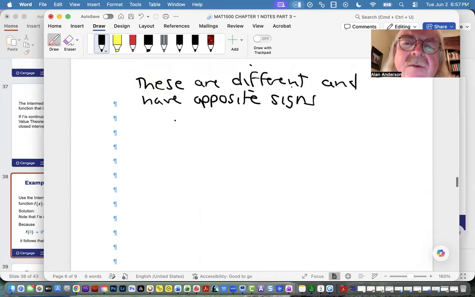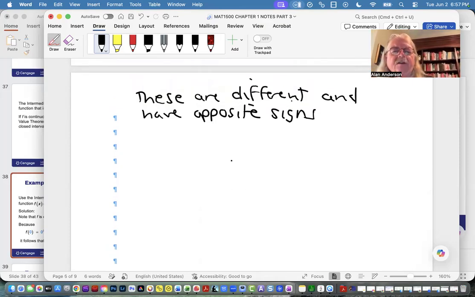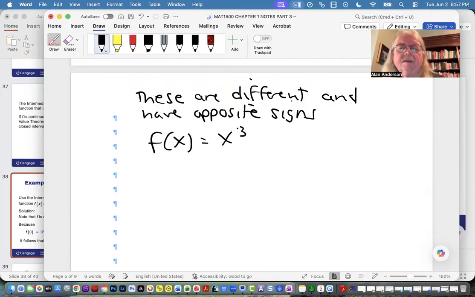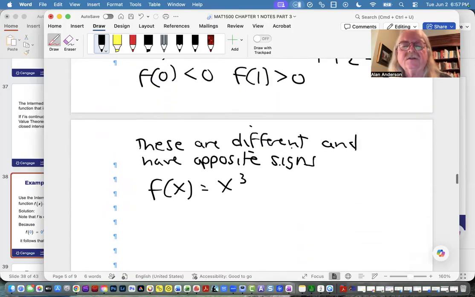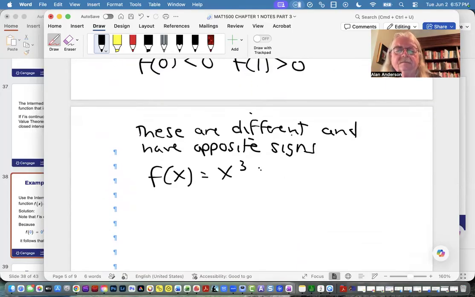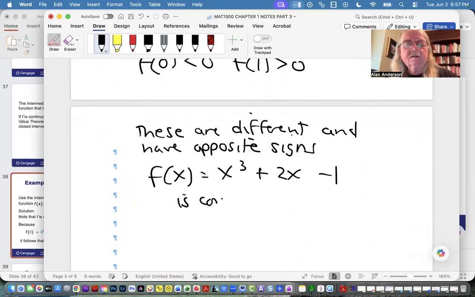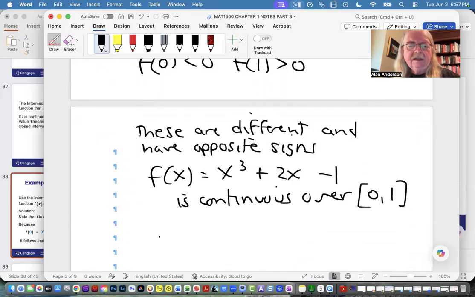But anyway, so we know that the function x cubed plus 2x minus 1 is continuous, at least over 0, 1, and therefore there must exist a c